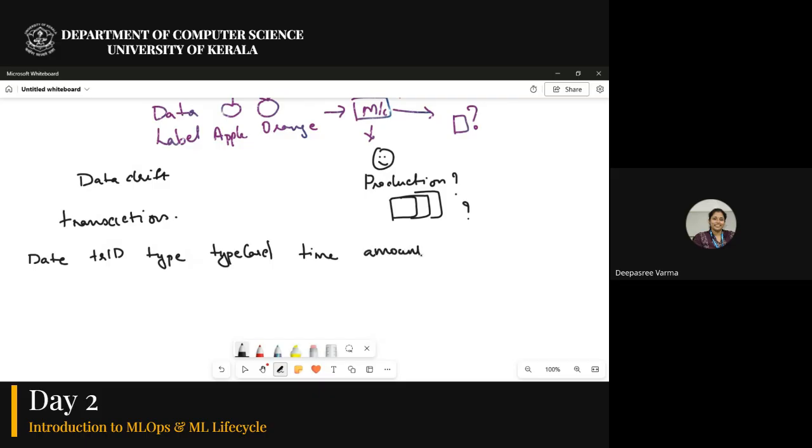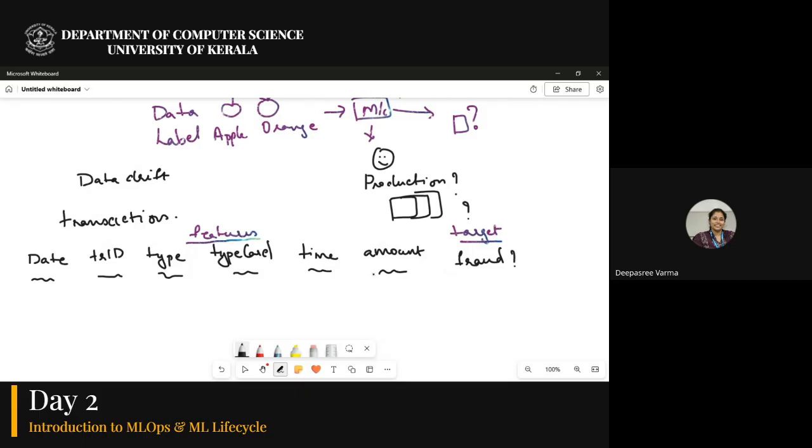So I have all this data. These I call my features. And I have an output that will be predicted. These are my features, and the output is called the target. So the target here will be whether the transaction is fraud or not.